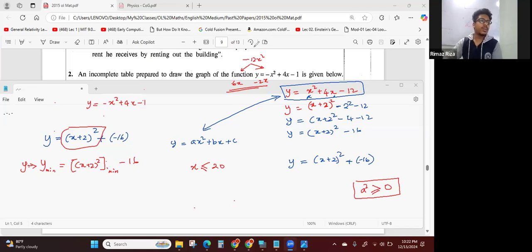Okay. So I got the same answer from both of you. Both of you said min. No, it's wrong. What I'm saying is x is less than or equal to 20. So 20 is the highest value. So x can take any value up to 20. It can take 5, it can take 10, it can take 1,